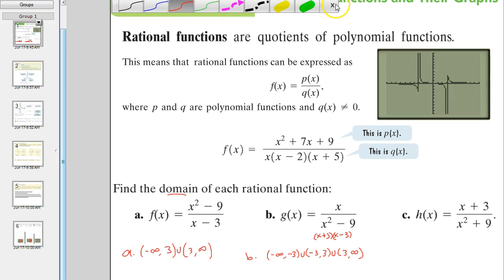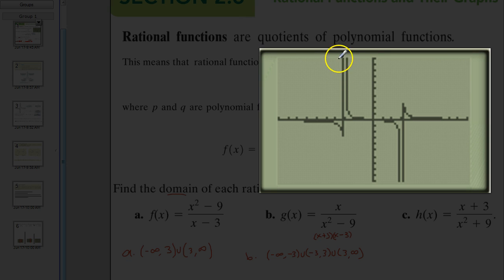graphs of rational functions, alright, move over here now, is that these lines right here are not actually there. You guys that have a TI-84 or newer version of TI-84s especially, you won't see that line right there. Okay, it's called a vertical asymptote. It's actually dashed. It's not really there. But this graph is hugging the x-axis, and it's bending right here, and it's going down, and it's going off the screen. Okay, we don't actually see it, but it actually is doing that, just like it is right here on the other side. It's going up off the screen, and it's